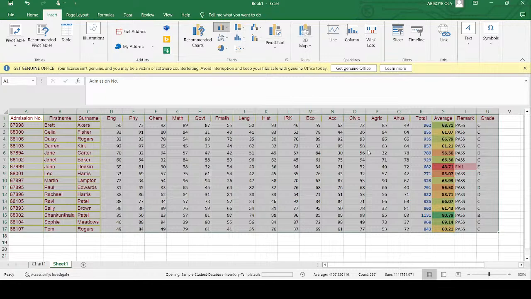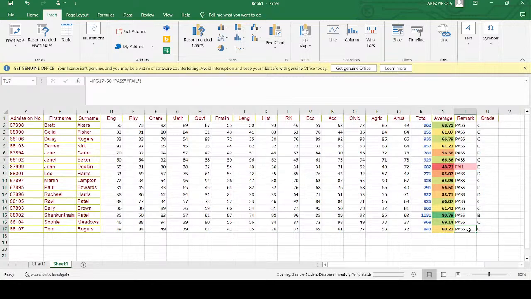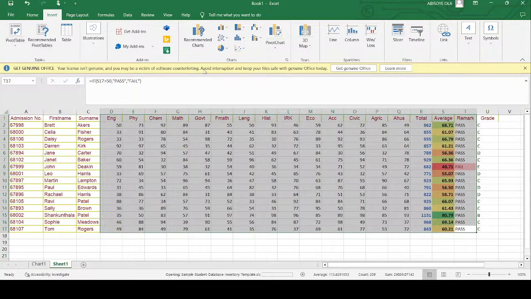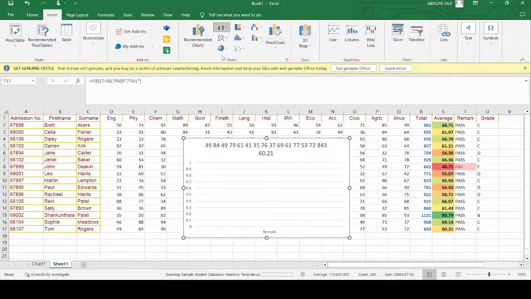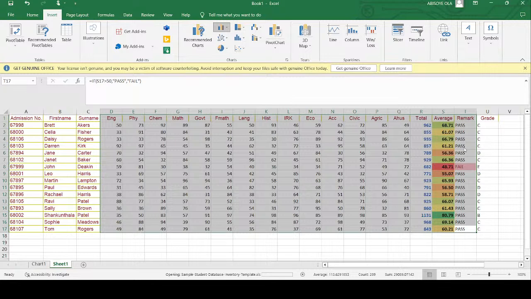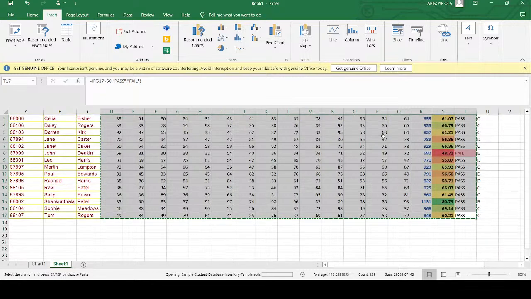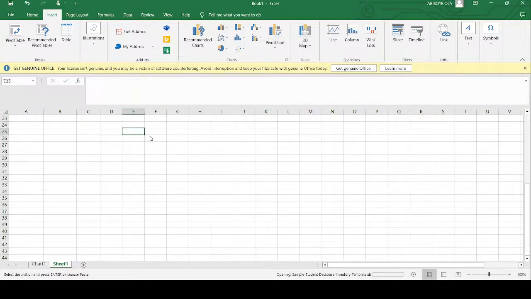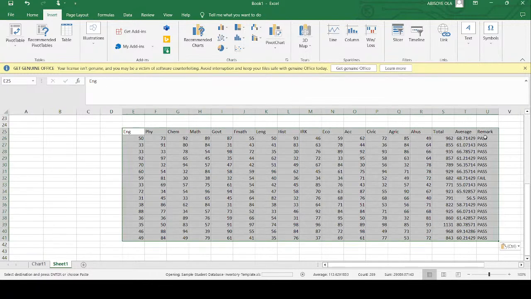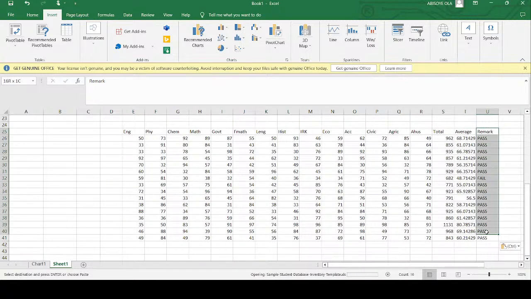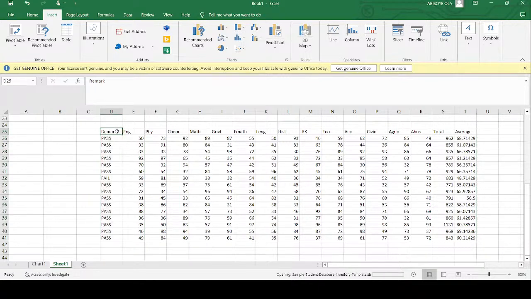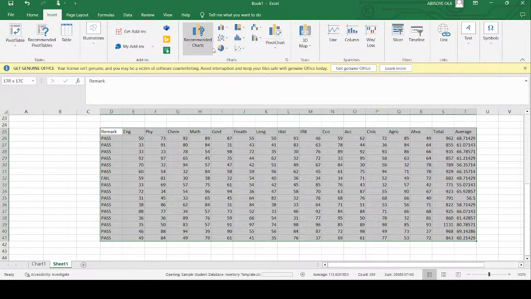But if you want to insert a bar chart, always ensure that you have one label. If you want to insert a bar chart, let your label be what? One label, not two labels. If you have two labels, then your chart will not display the way you want it to be displayed. At the same time, don't forget that the label should be the very first. So if I copy this now and paste the value, then I can take this remark to the very first,